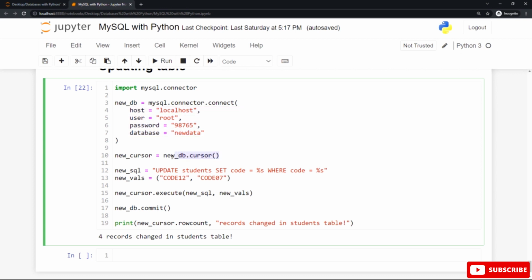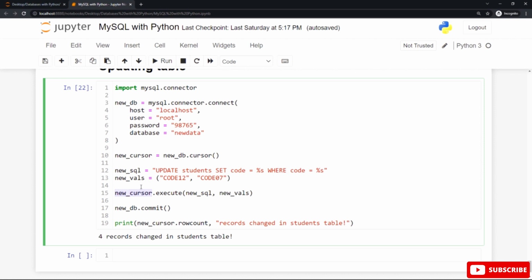Then use the cursor method with this connection for the database, and after that use the update statement to update the students table with the set statement to set the new value in this placeholder, instead of this value for each record in the code column, where name equals Ronaldo.